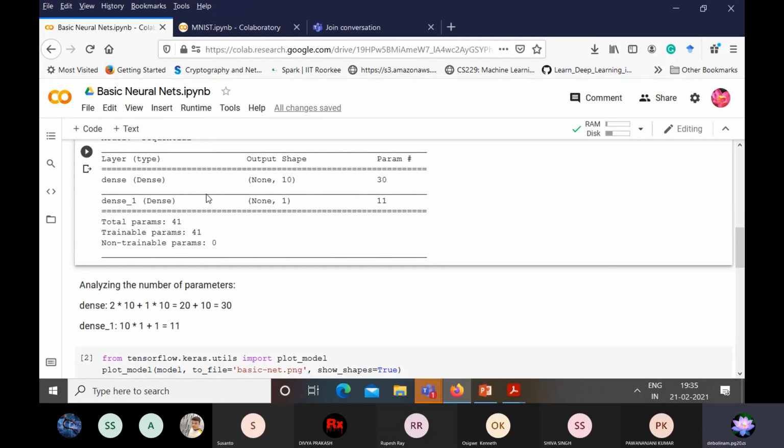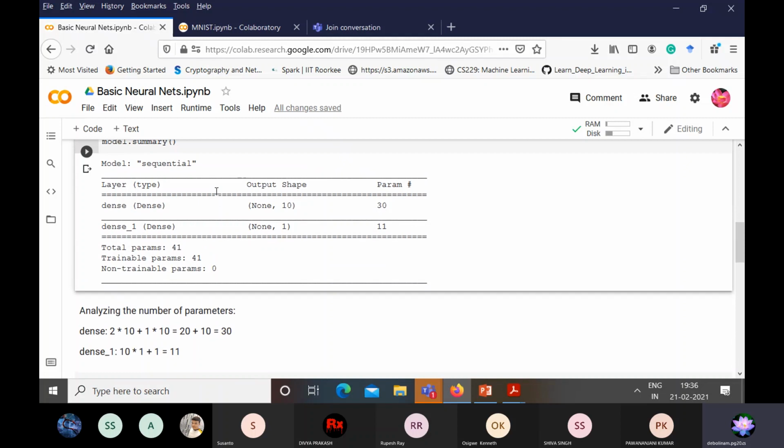And when we have 10 neurons in the hidden layer, each of the neurons in the input layer will be connected to each of the neurons in the hidden layer. So 2 into 10, we will have 20 weights over there. Along with that, we will also have a bias weight. For the bias weight, we will have another 10 connections. So 20 plus 10, and we get 30.